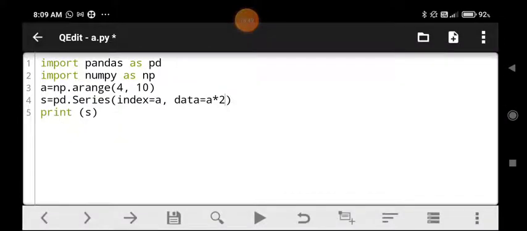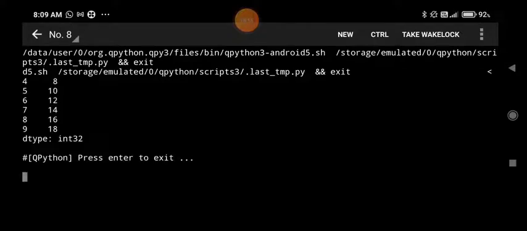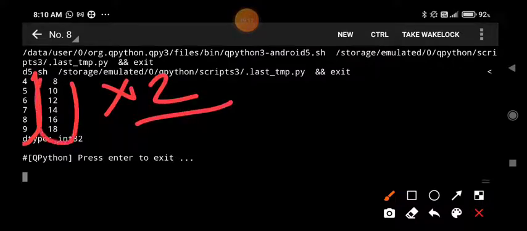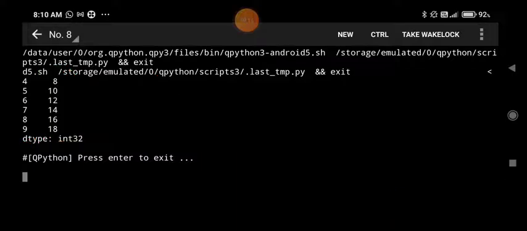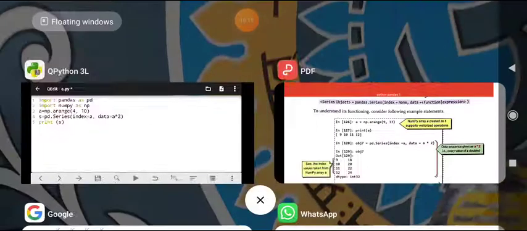Now if we try to execute it, we will get 4, 5, 6, 7, 8, 9 as the index, and 8, 10, 12, 14, 16 and 18 as the values, which you can see here. These are the indexes and the multiplication by 2 as the data part. So we can perform mathematical calculation too while creating the series object.